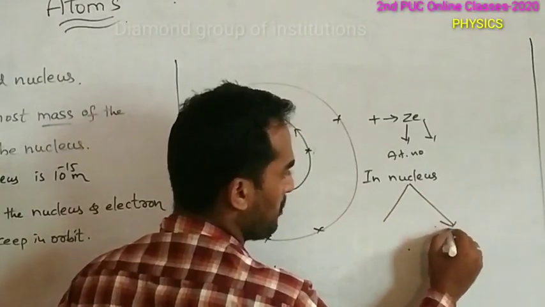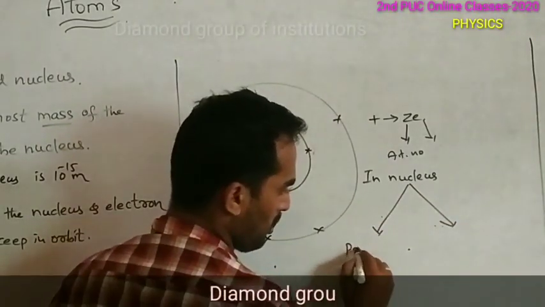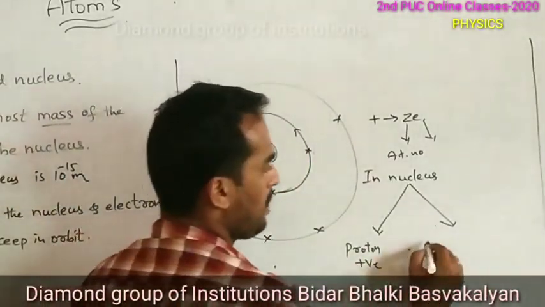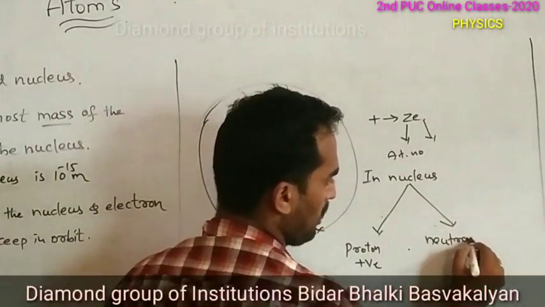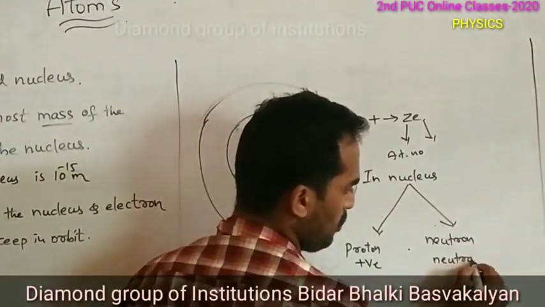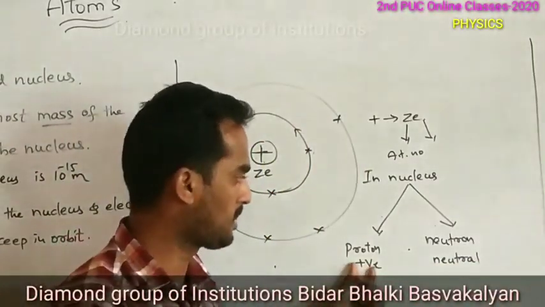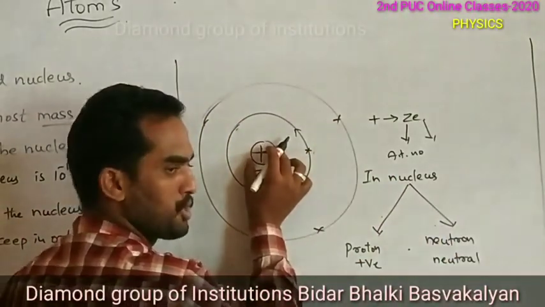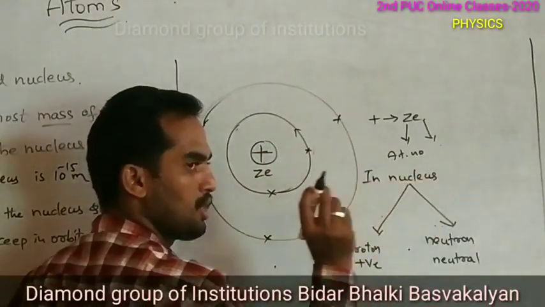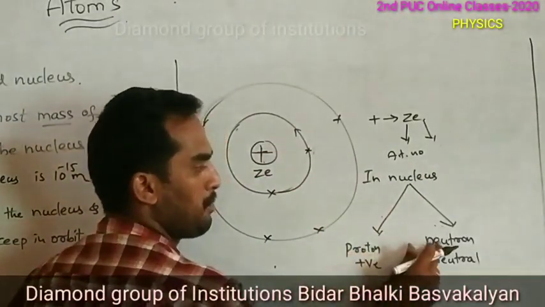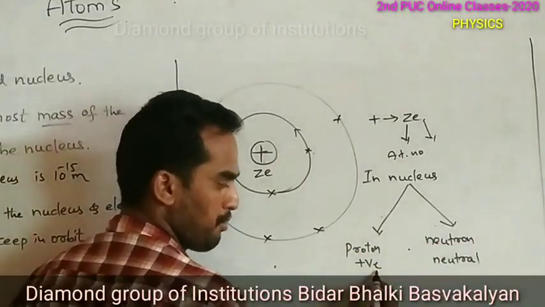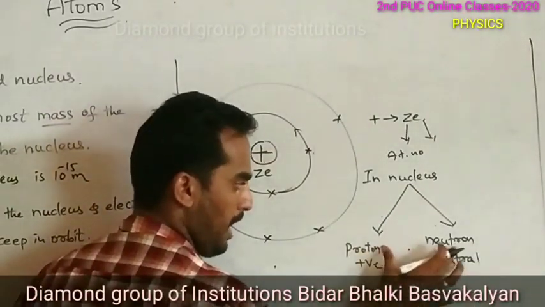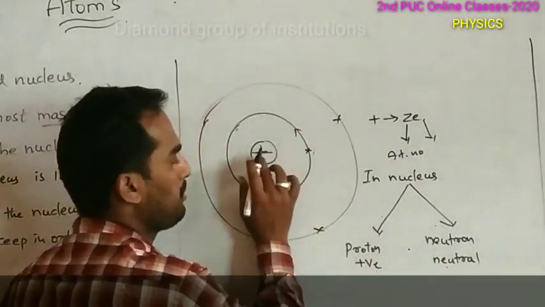Remember that in the nucleus two particles are present. One is the proton, having which charge? Positive charge. And one more particle is called the neutron, having neutral charge, that is, no charge. So plus plus zero becomes what? Plus. So why is the charge of the nucleus indicated by a positive sign? This nucleus consists of two particles, one proton and one neutron. Proton has positive charge. Neutron has neutral charge, no charge. If you add these two charges, you get the positive sign.